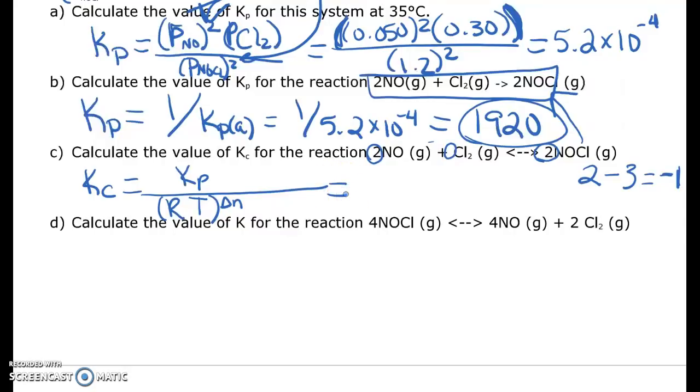Since I'm using the same equation as I had in B, I'm going to use that Kp value, and then I'm going to put that over 0.08206. That is the universal gas constant. That's something that you should be able to look up. The units in this case are liters, atmospheres, moles, and kelvins, but that works because my pressure was initially given to me in atmospheres. Then to convert temperature in Celsius to kelvins, you add 273. So 35 plus 273 is 308 kelvins. And we are going to multiply all of that, or raise it all to the power of -1. When I do that, we get